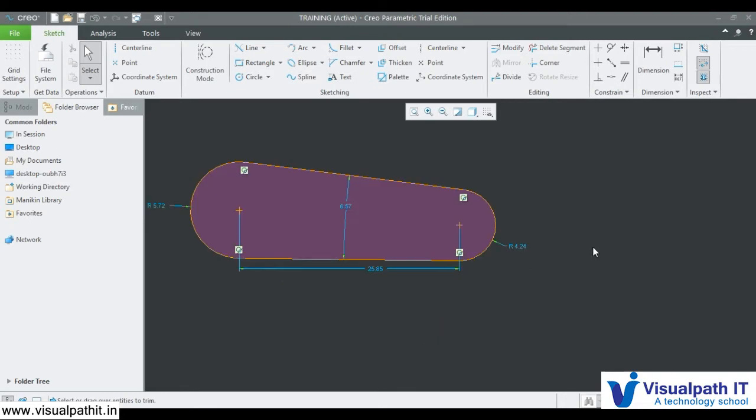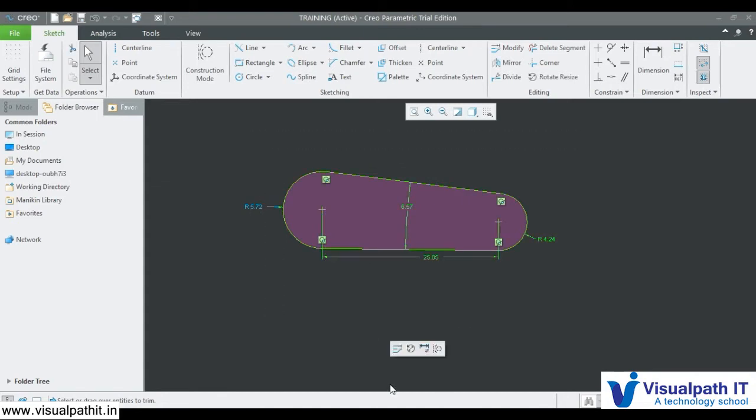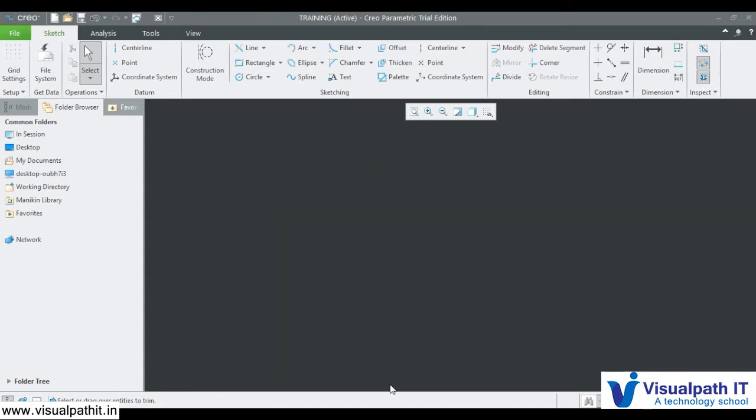And this is how I got my body. So if there are curves and we want to create lines tangent to that, this is the option that we use for creating lines.